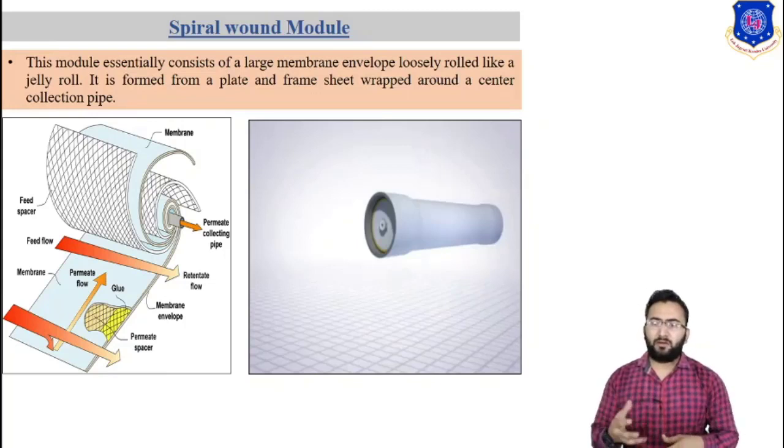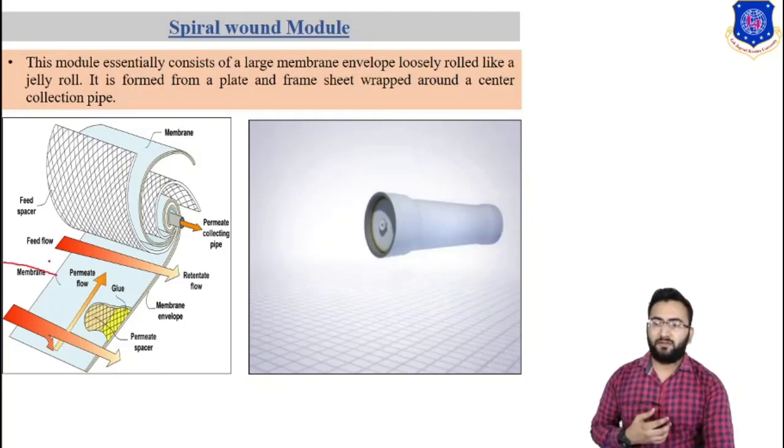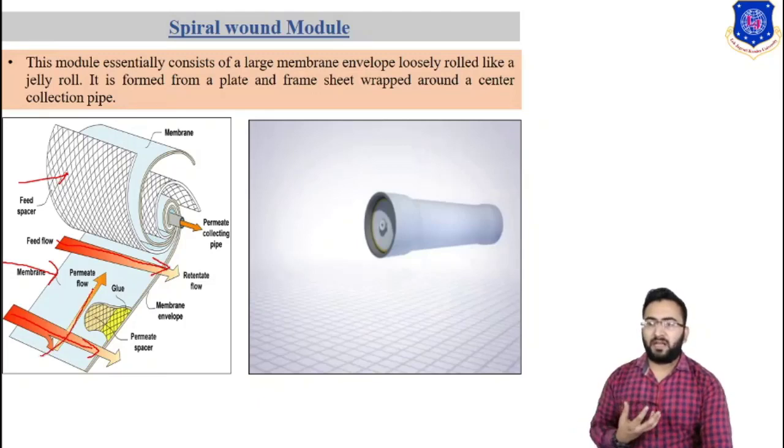A cutaway drawing of the spiral wound membrane element is shown in this figure. So this one is a membrane and this one is a spacer. Permeate can pass through this membrane, and a molecule whose size is higher than the membrane pore size can be rejected here, and permeate can be collected from this side into this collector pipe, or permeate collector pipe, and we get the permeate from here.